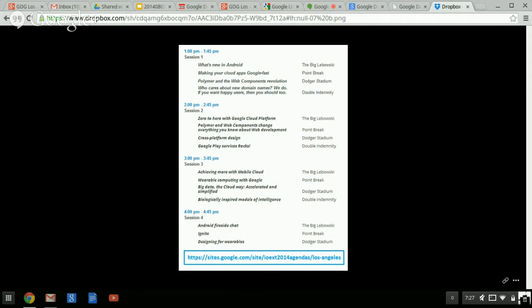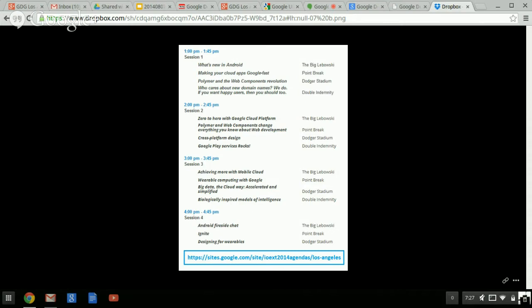After the keynote session and those two presentations by the Google employees, we got a chance to go to breakout sessions, whichever ones we wanted. You can see there's a ton of stuff. There were actually more sessions at Google I/O that you could watch over YouTube, but these are the ones they had rooms for at the offices in Google LA. The first one I went to was what's new in Android, because I've made an Android app and I'm kind of interested in that. So I thought, all right, let's check it out.